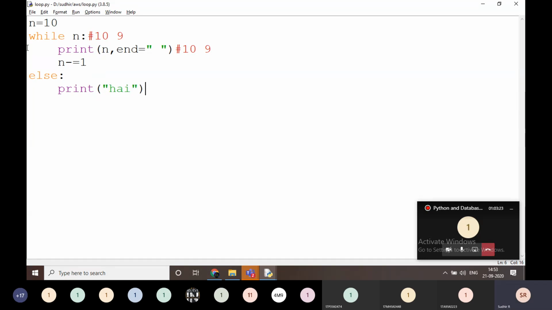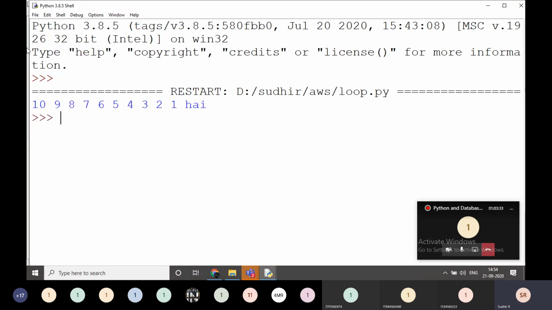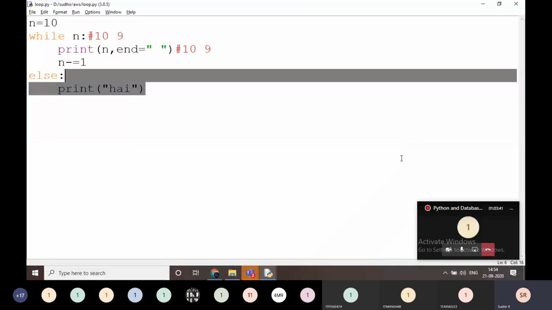Else for loops. We can write else for while loop and else for for loop also. If I am going to execute it, the high is going to be printed. The high is printed. Then what is the use of else here?